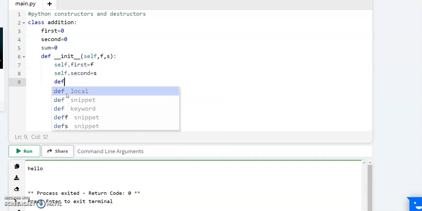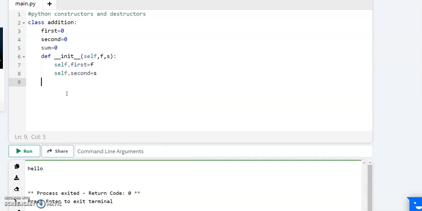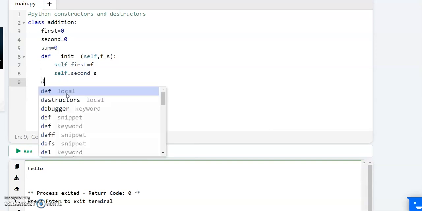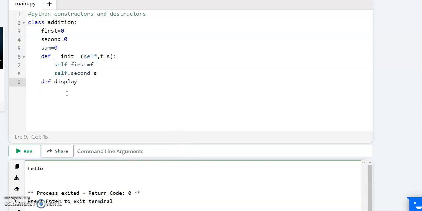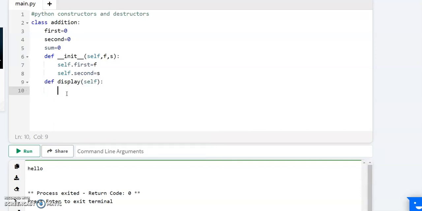Next function, def display of self. Print of first number equal to. We have been assuming normal integers to string, right?